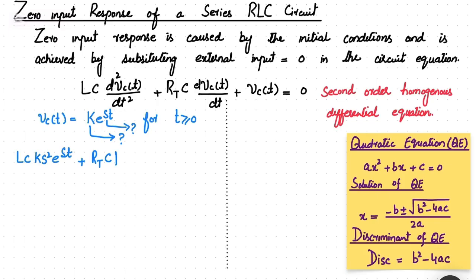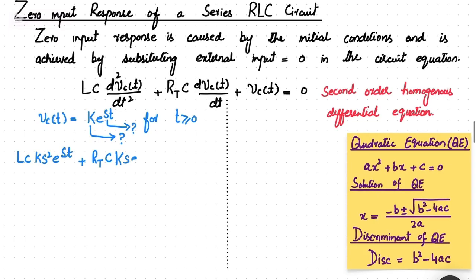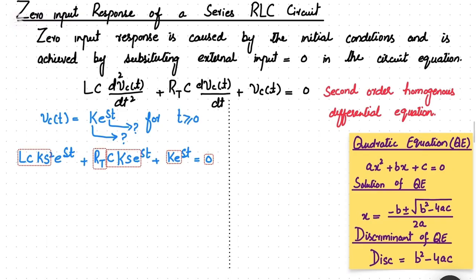The derivative of this term would be k s e raised to power st, plus Vc of t, which is k into e raised to power st, equal to 0. From this equation we can take k into e raised to power st common, and the rest of the equation would be LC s square plus RTC s plus 1